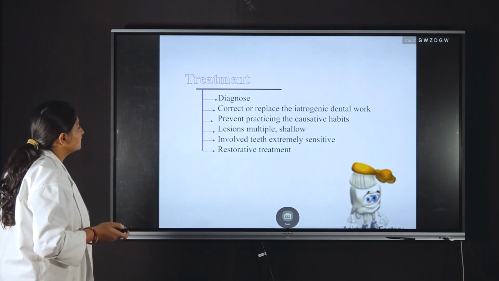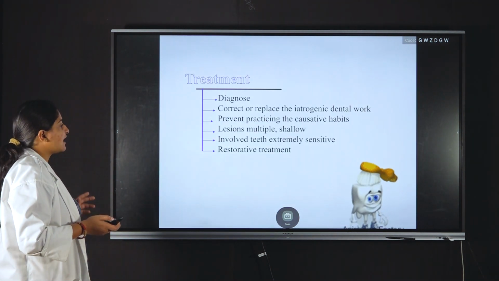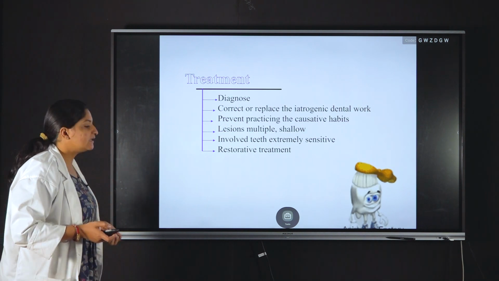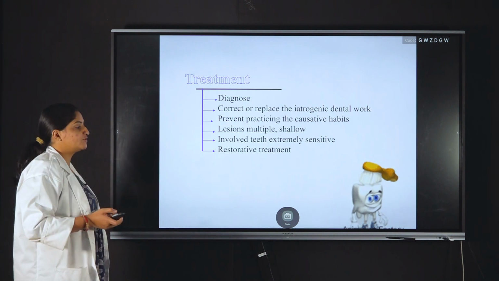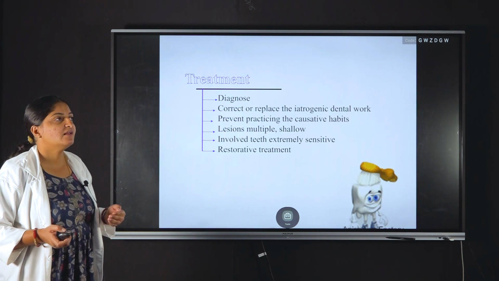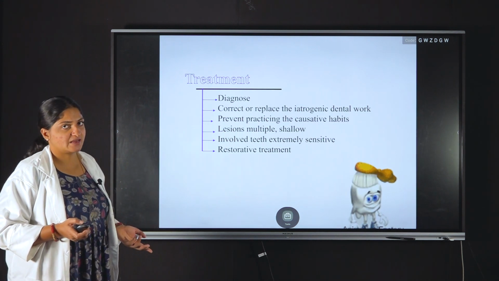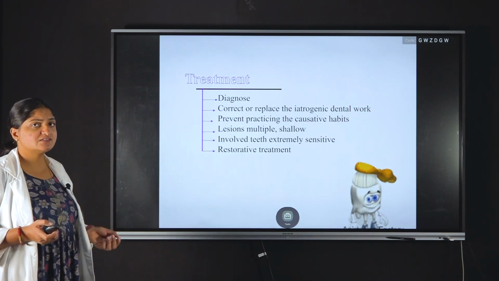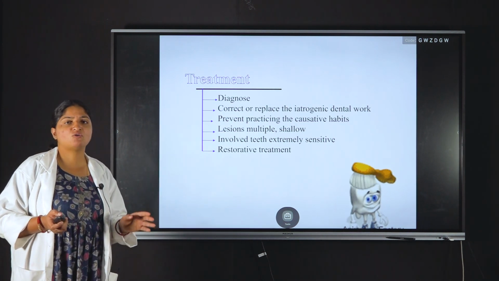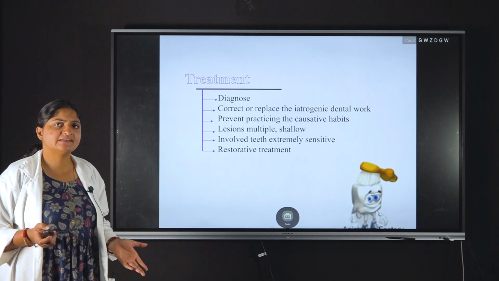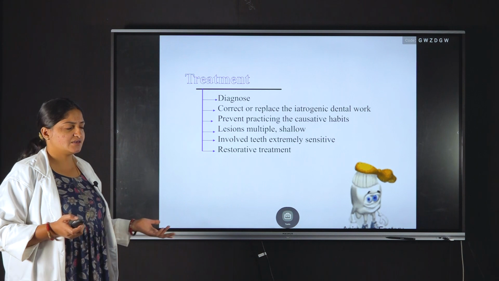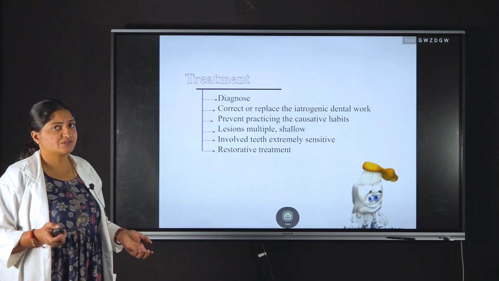So coming to the treatment of the abrasion, that is, you need to diagnose and come to a conclusion, and then we need to find the root cause and stop the root cause. If it is coming from an iatrogenic abrasion, then the tooth remineralization approach can be taken here, and if it is a toothbrush abrasion, then the patient can be made aware of the brushing techniques, and he may be given a demonstration and made aware. And if it is severe, you can just go for